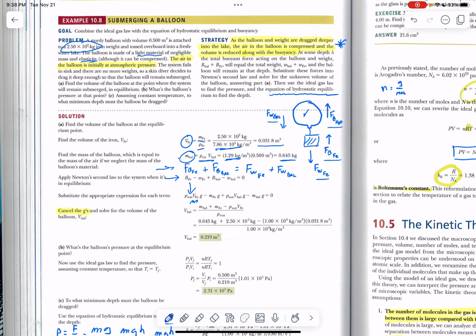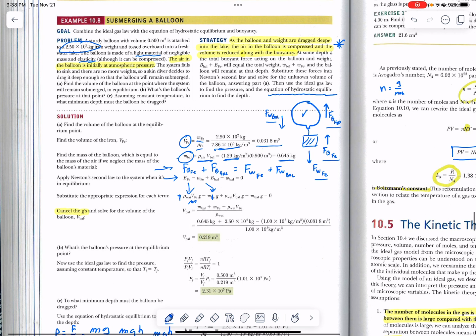And then here's my weight of the piece of iron acting in the opposite direction. So we have the buoyant force acting up right here, and we have the weight acting down right there. We do the same thing for the balloon, the buoyant force of the balloon acting up, and the weight of the balloon acting down. And now I'm going to simplify the equation because conveniently gravity cancels out all the way